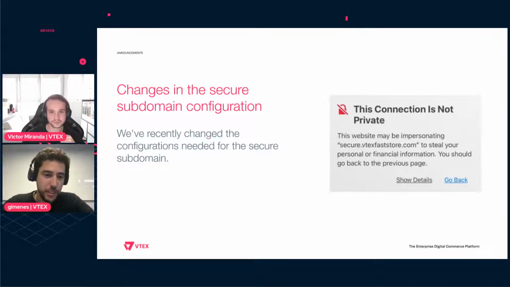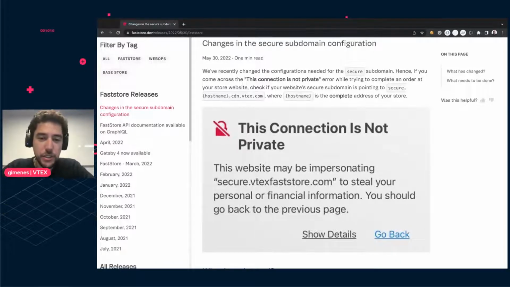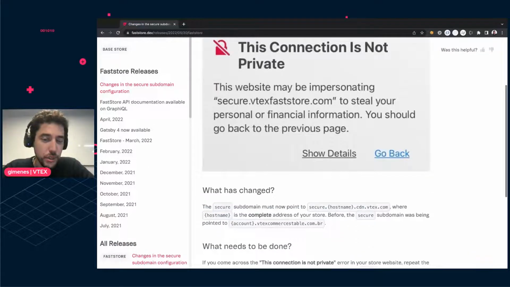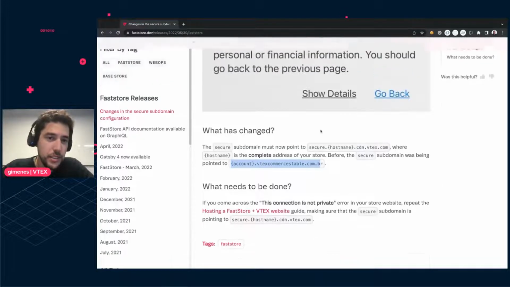So, guys, what I'm here to talk a little bit more about is this announcement. So what changed? What changed was the way that we integrate with other VTEX products like Checkout, My Account, and so on. So what did we use to recommend before? We used to recommend for you guys to create a secure domain and point it directly to your account.vtexcommercestable.com.br. But once you did this, you would get